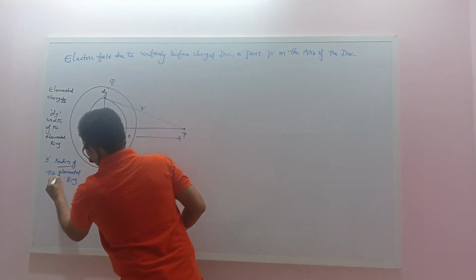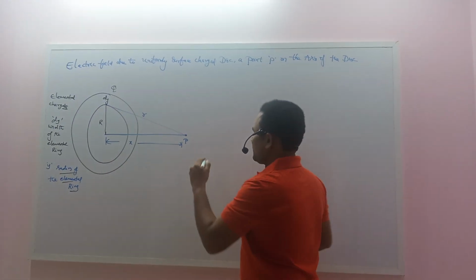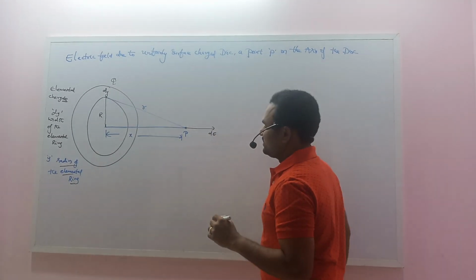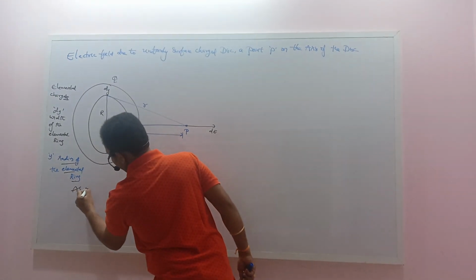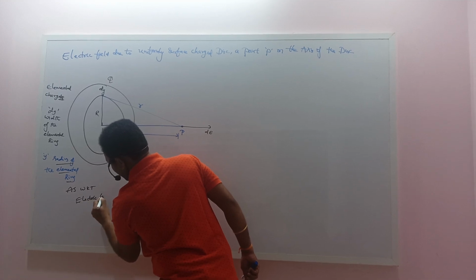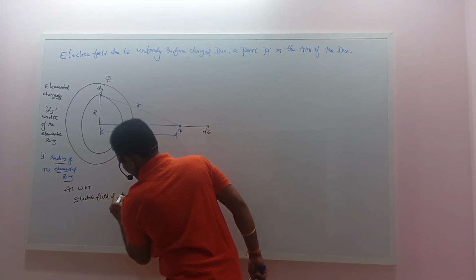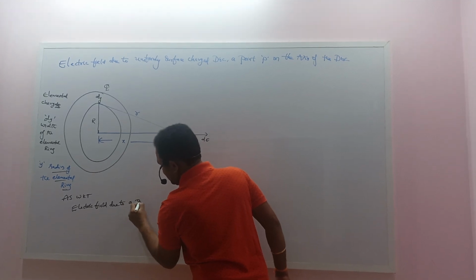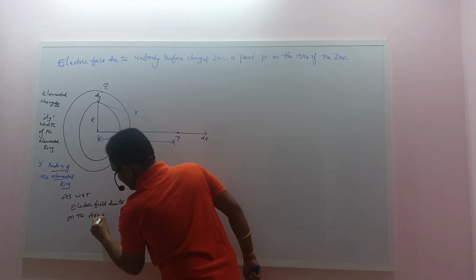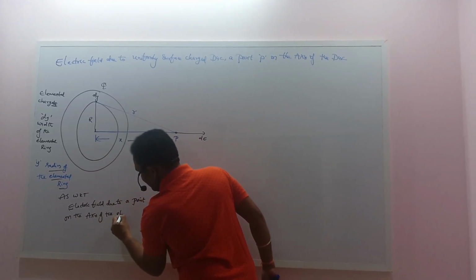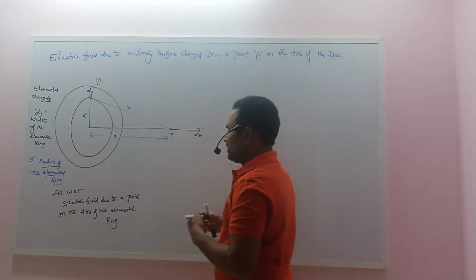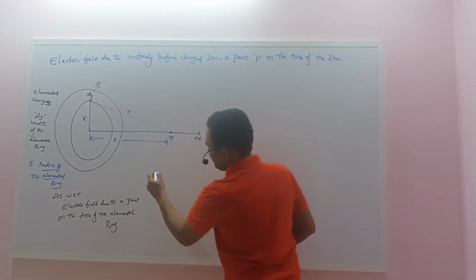Y is the radius of the elemental ring. Now we need to calculate the electric field at a point on the axis, so dE we need to calculate. As we know, the electric field due to a point on the axis of a ring is